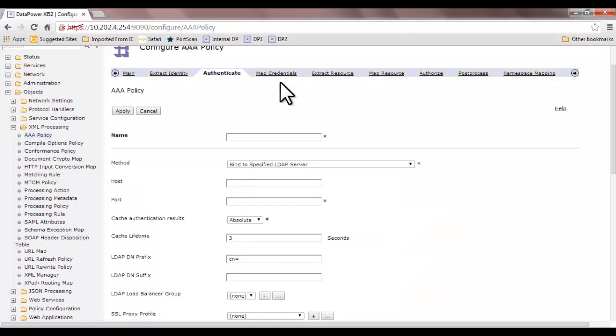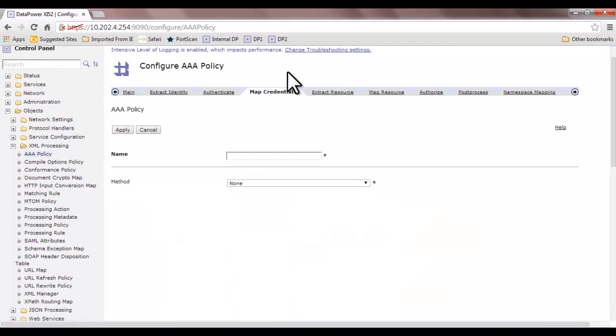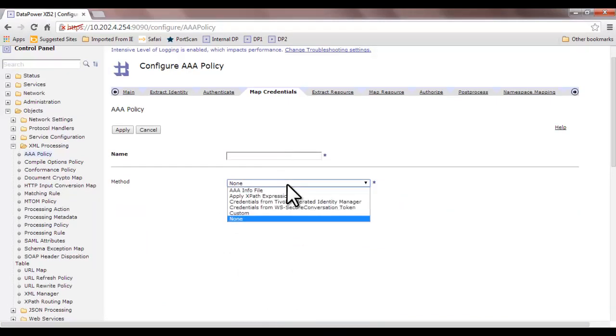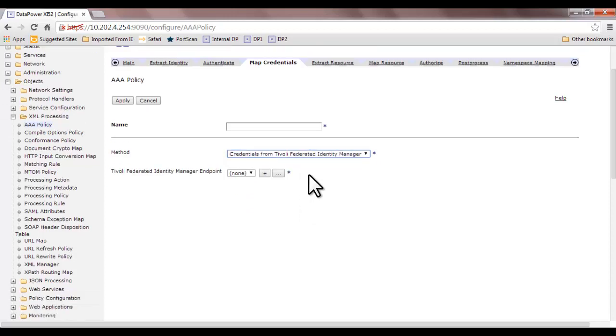So go here, we have map credentials. You can map credentials in any way: AAA info file, XPath expressions. You can just outsource this. The working of this step can be outsourced to Tivoli Federated Identity Manager, which is TFIM. It is again an IBM product. So you can just outsource this work to TFIM and say that, hey, this is something which I need to do, and do it for me. If nothing works, then you can use the custom option,